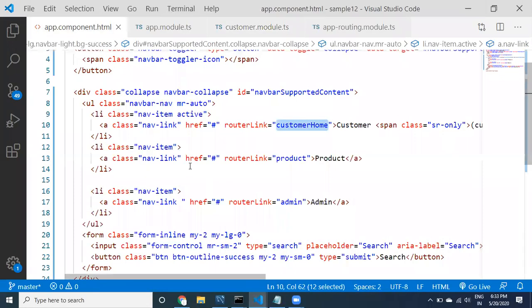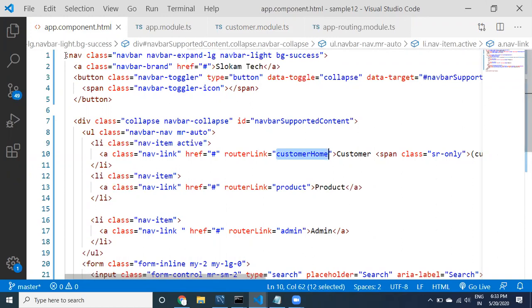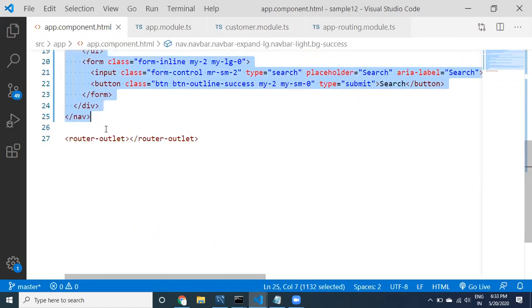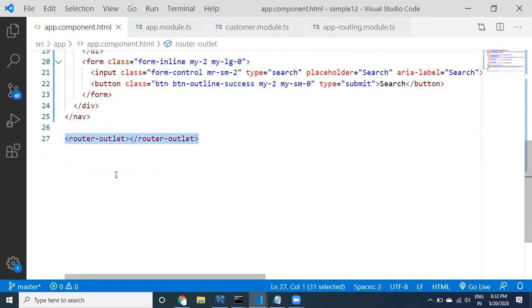If you go to the app component, this navbar starts here and goes up to here. After finishing the navbar, the router outlet is available. Both are in the app component only.